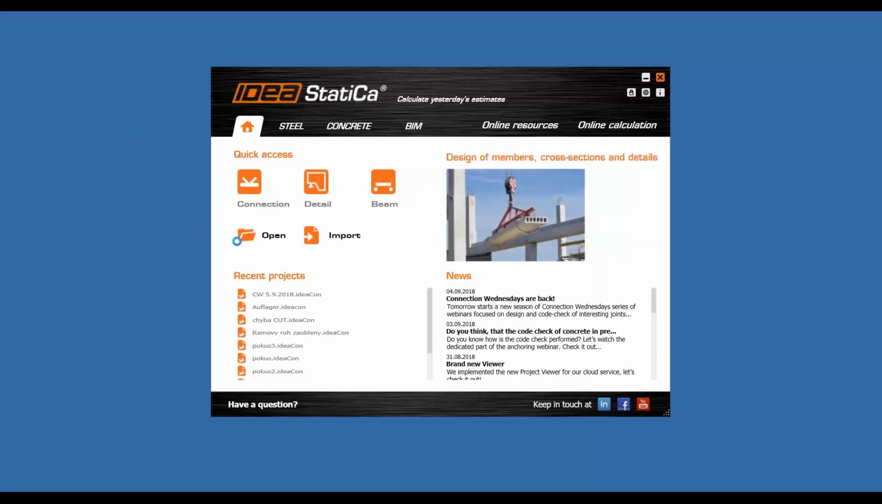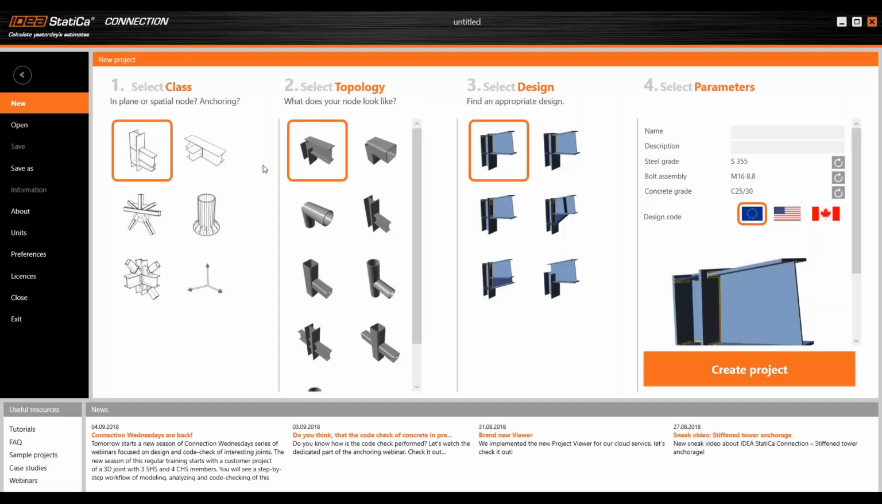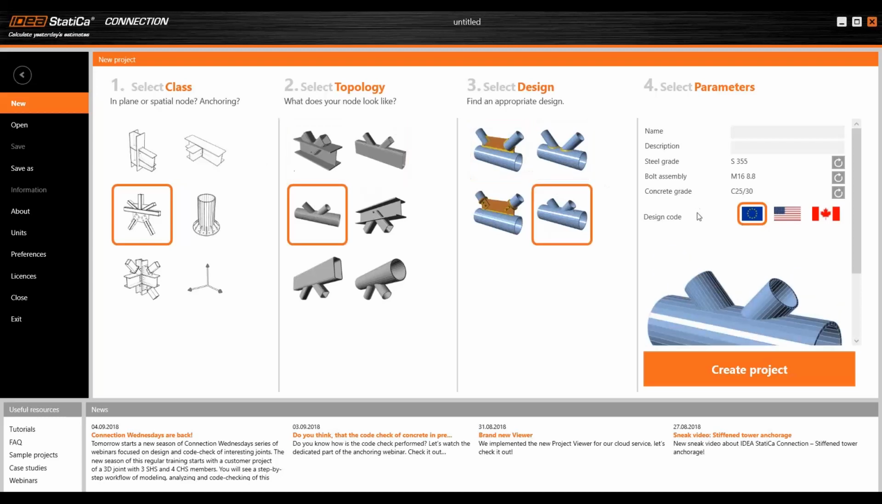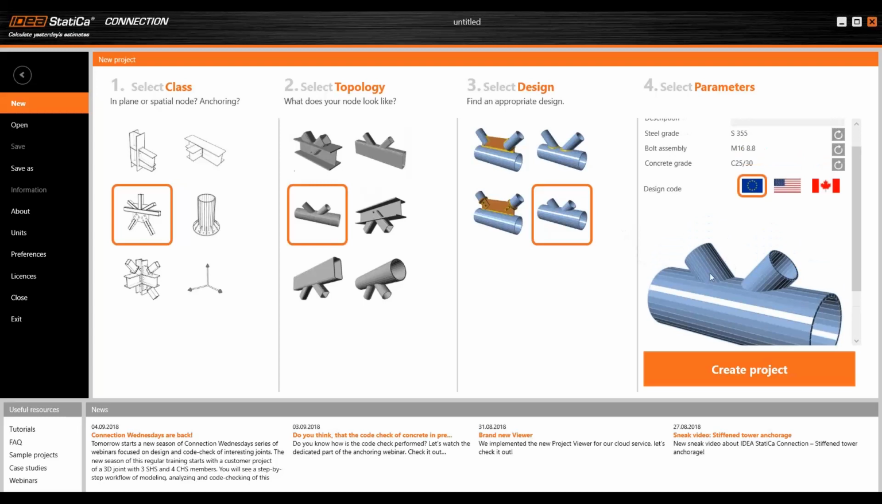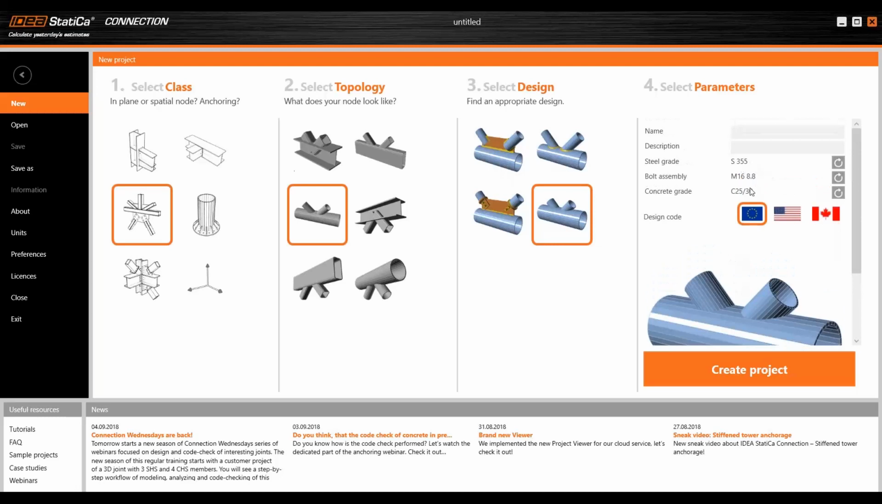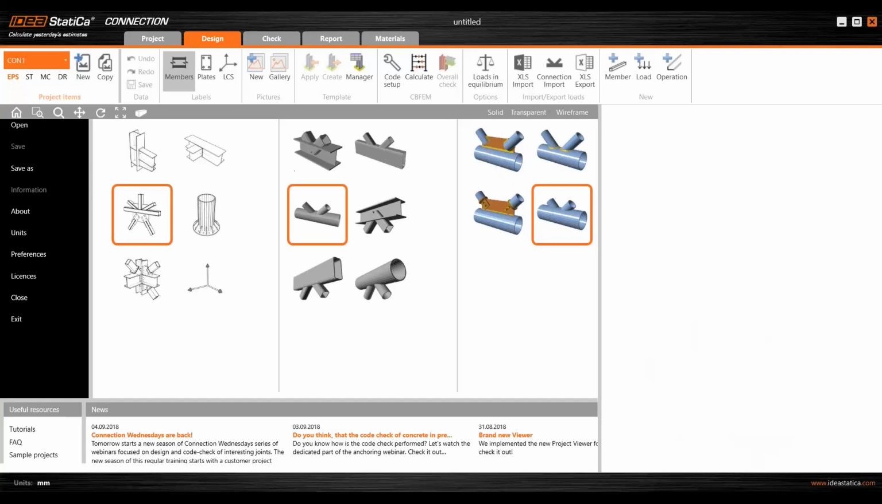I'll just start the connection software in IDEA StatiCa package, and we'll start modeling and designing the joint that Jana presented during her speech. So let's just pick some starting template so we don't start with blank screen. So I'll probably pick this one. That's the most similar assembly to my joint. I'll leave the default steel grade and bolt assembly, etc. I can change that whenever I want during the workflow. So let's create that project,